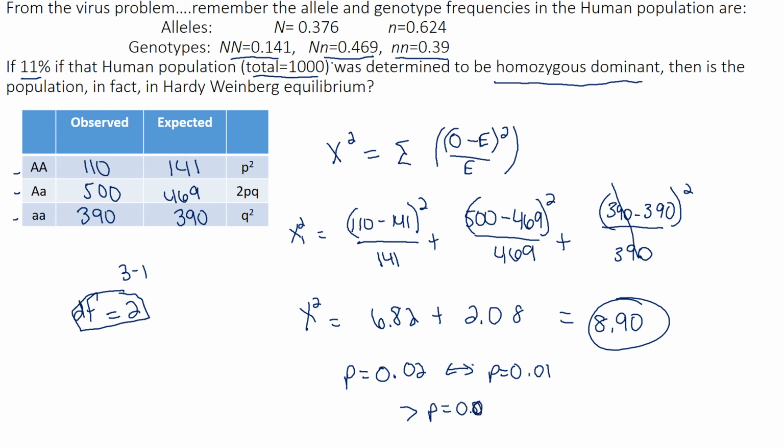So that is less than p equals 0.05. So that means the null hypothesis is rejected. What that means is that, well, since the null hypothesis states that the population is in equilibrium, if we're